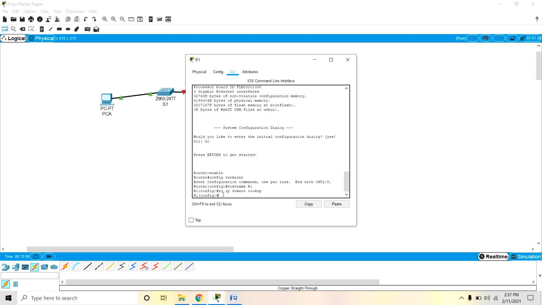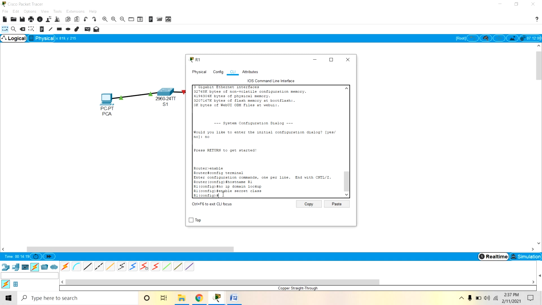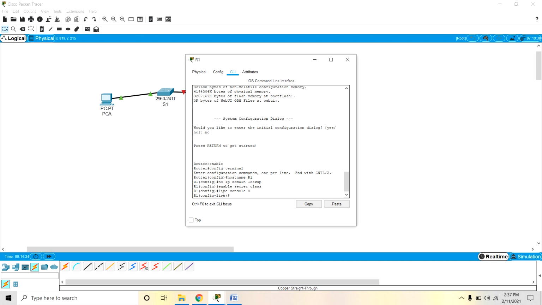Next, assign class as the privileged EXEC encrypted password. So on R1 config, enable secret class. Then on R1 config, line console 0, and password.